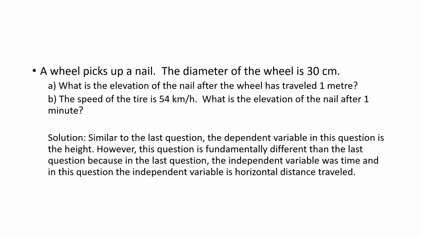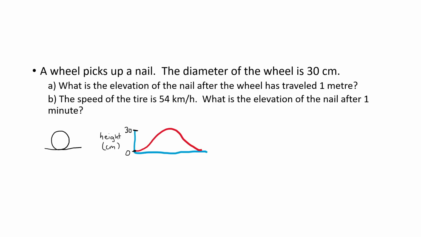Height of the rider on the Ferris wheel, height of the nail in the wheel, very similar. However, this question is fundamentally different than the last question because in the last question, the independent variable was time. In this question, the independent variable is horizontal distance traveled. Very important difference. So there's a certain similarity, though, kind of like a Ferris wheel that scrapes along the ground